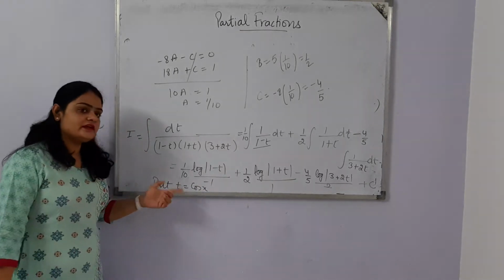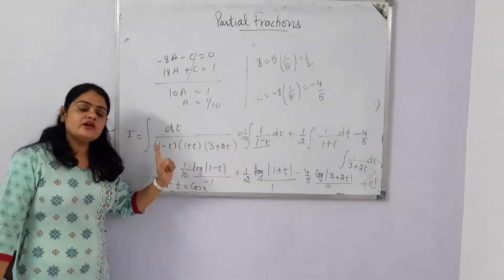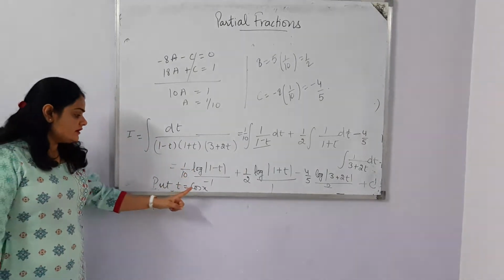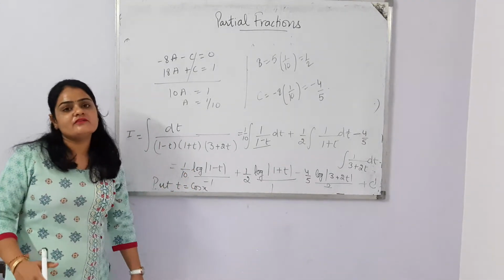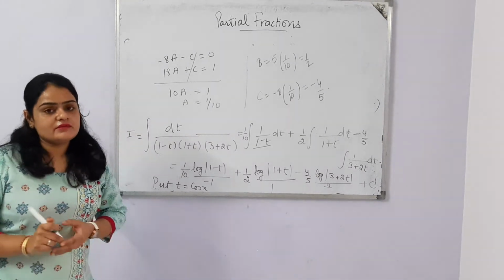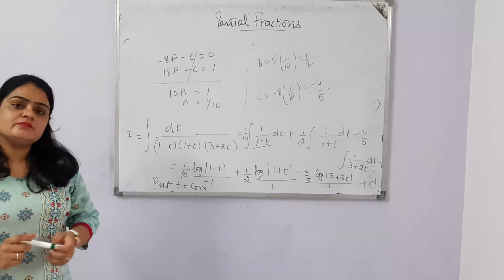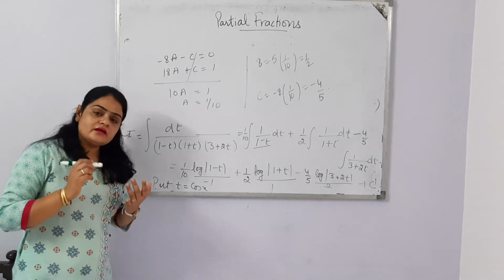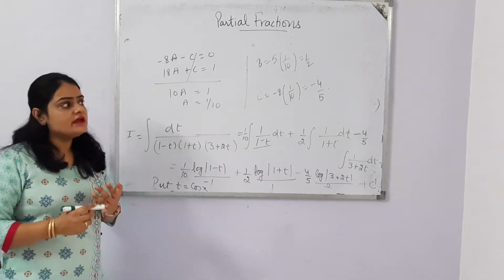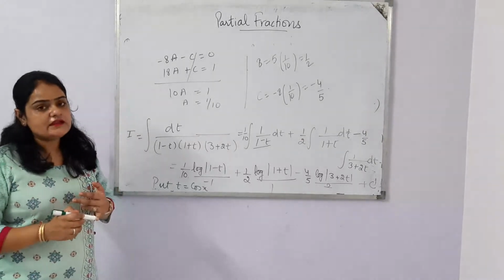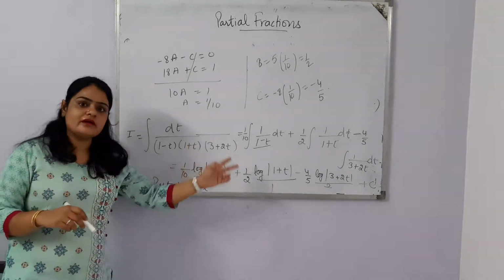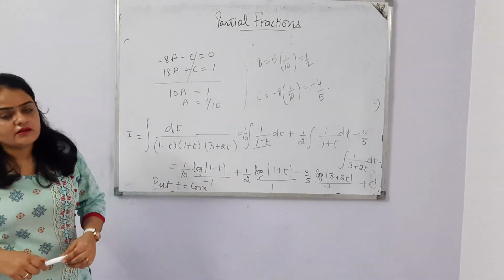Hope this question is clear. If you do not substitute the value of t and do not give the answer in terms of x, then of course half to 1 mark will be deducted. Remember this, I am repeating once again, even though I explained it in a previous video as well. The given variable is x, so we need to give the answer in x only. If we give the answer in t, half to 1 mark will be deducted for the last step.